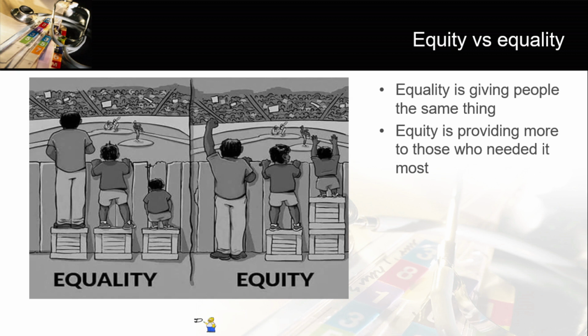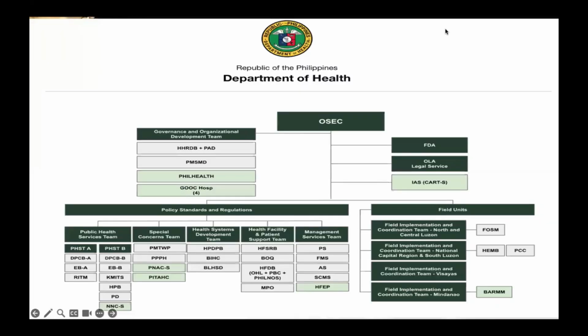Equality means each individual or group of people is given the same resources or opportunities, while equity recognizes that each person has different circumstances and allocates the exact resources and opportunities needed to reach an equal outcome. On this slide is the new Department of Health organizational chart. It still remains a functional chart, but this time there are more teams compared to the old one, where